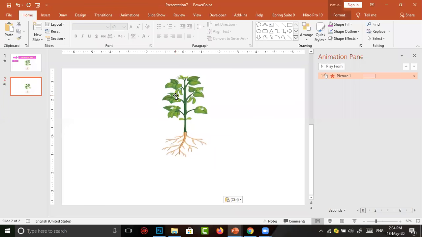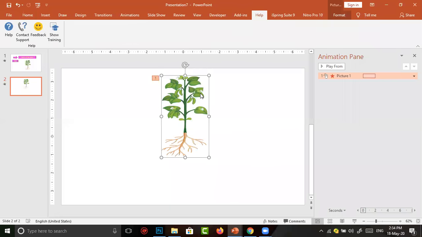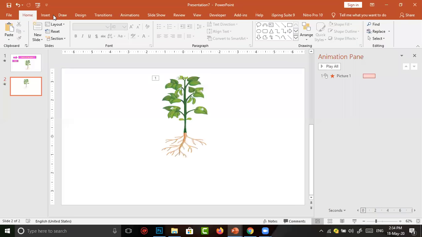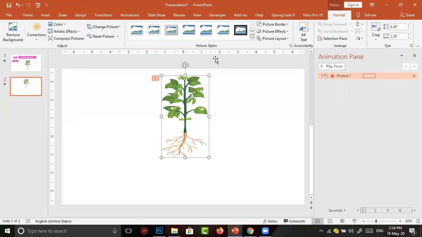I copy and paste the image. Now I want to bring the image of the root. I select this one. After selecting a picture, format is enabled. In format, I'm going to crop.